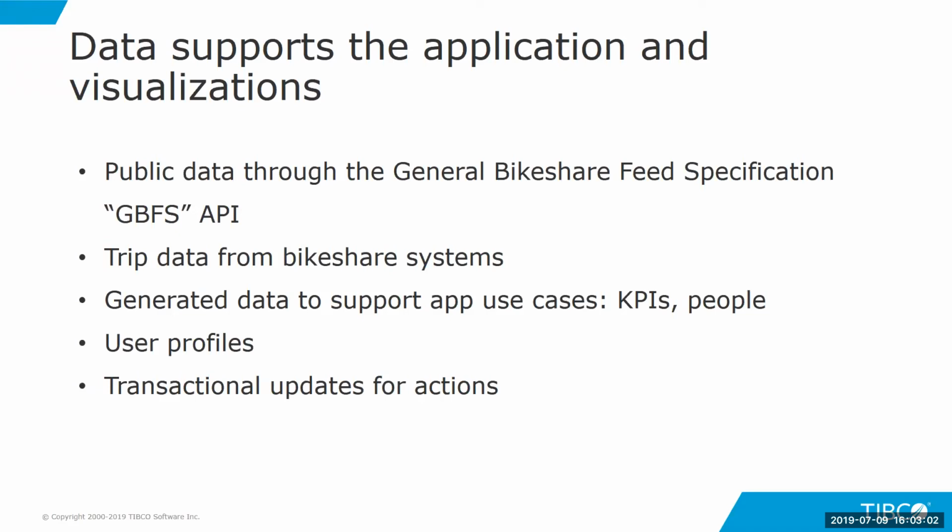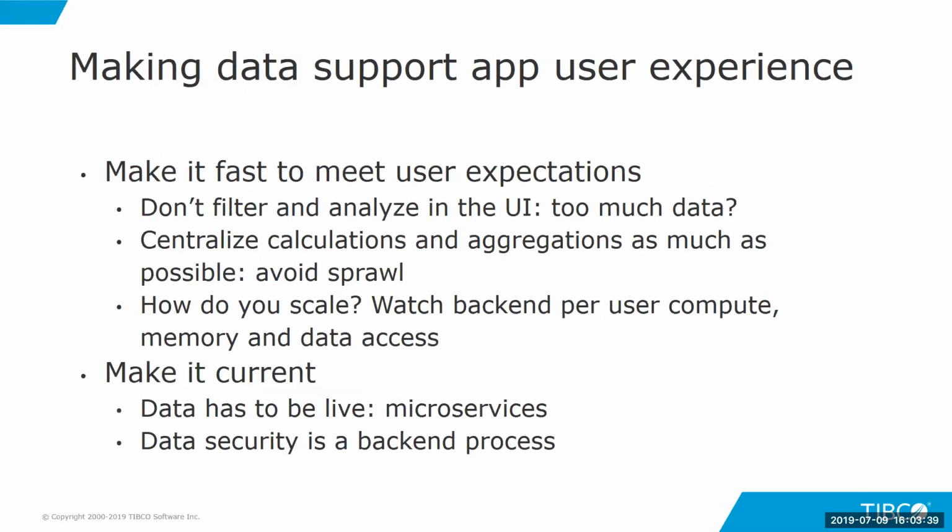And lastly, there are a number of transactional updates done through microservices, which are also updating the underlying Postgres database that this is all sitting in, to make the actual system live over time. And also across users, we did some mucking around to make everything always appear like it was happening from today, even though the data is historical, for example. So a lot of stuff in that, but it was all around how do we best support the use case and the audiences of the bike share application. So just a few things that we find